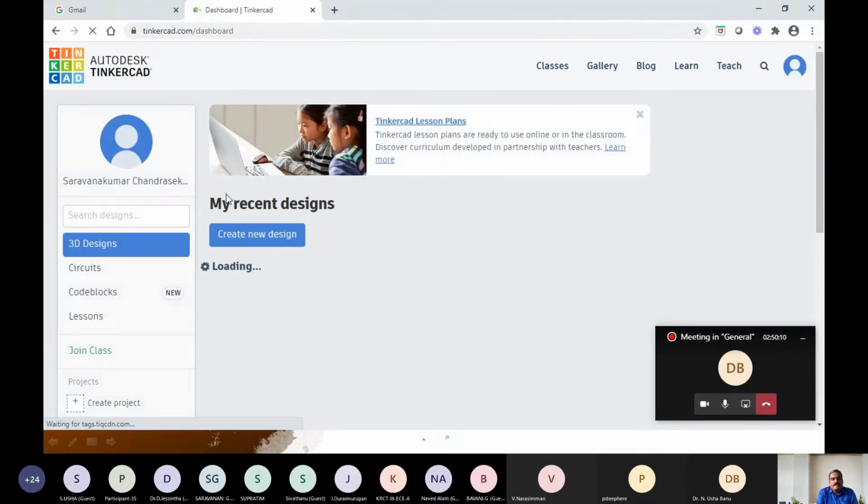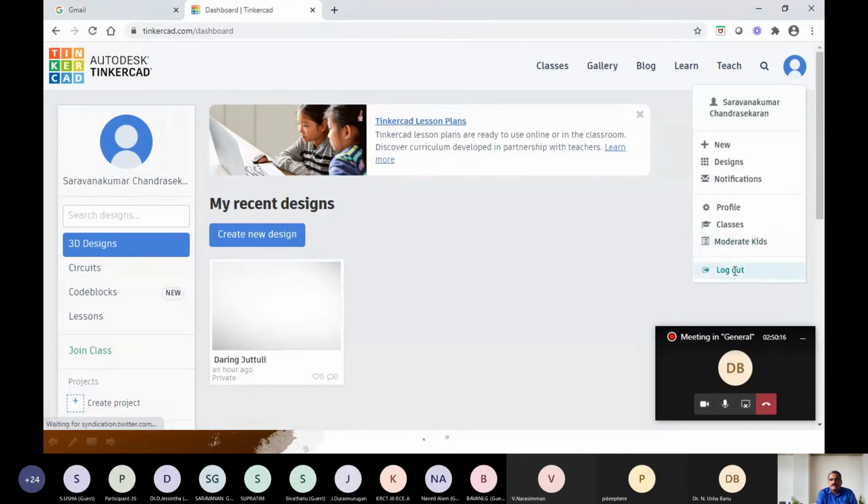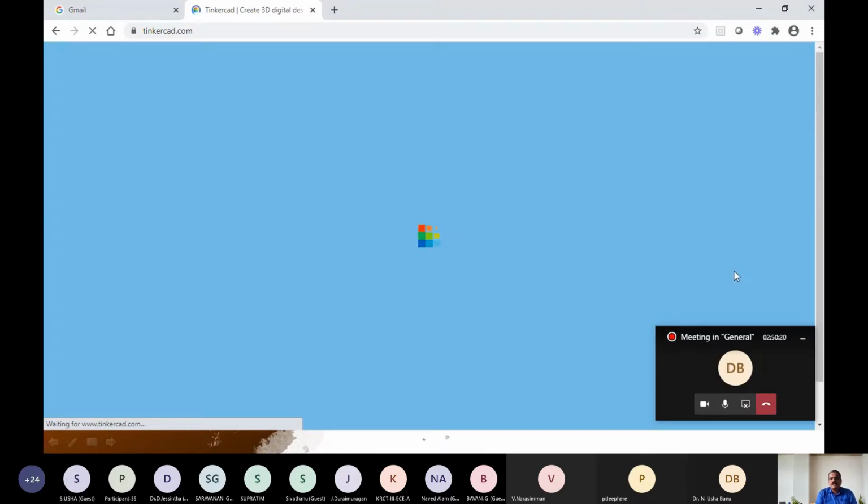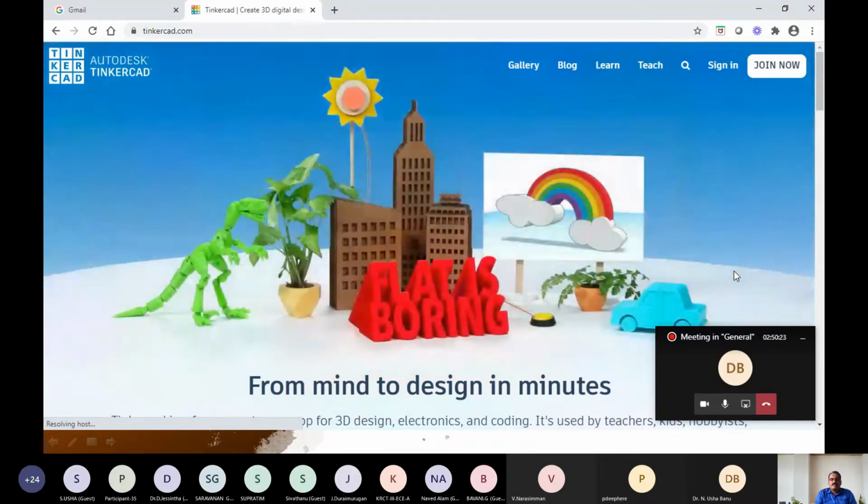Right? So this Tinkercad is an Autodesk product. I have already used one account. With the help of this Tinkercad, we can either simulate the circuits or even do some 3D modeling, right? If we are doing 3D modeling, then we can give the design file to a 3D printer and we can make our product.